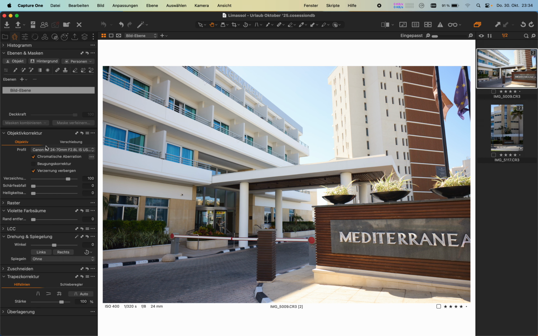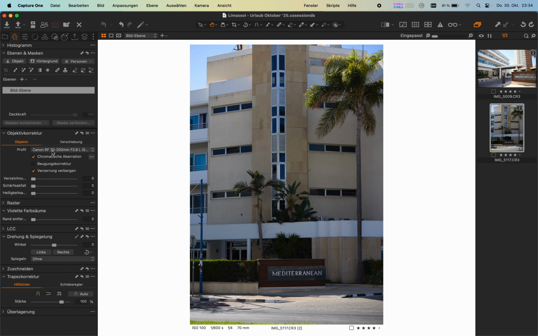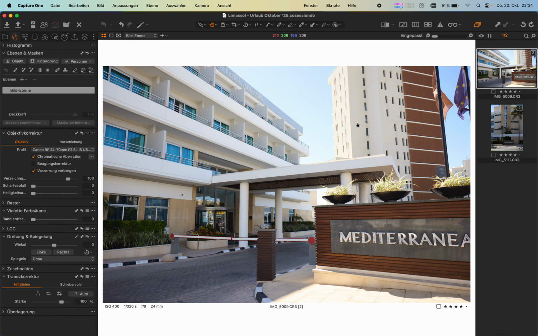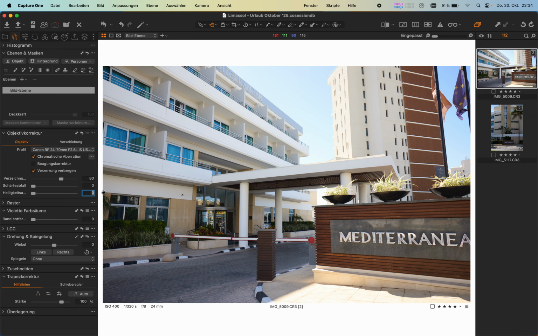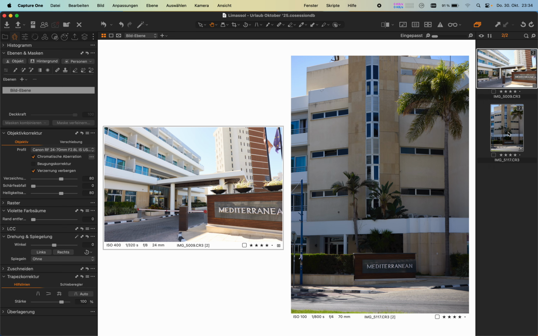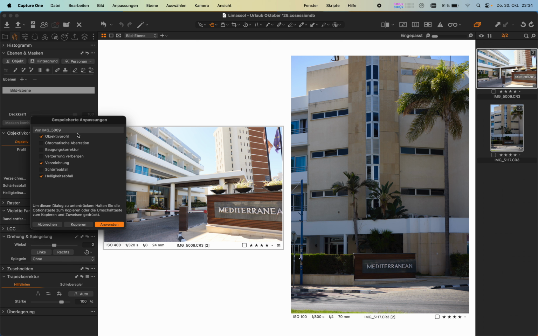The first one was taken with the Canon RF 24-70 and the second one with the RF 70-200, so two different zoom lenses. Usually when I import my images, I want to have them perfectly corrected, but for demonstration purposes I'm just going to set the distortion correction, and this one here is the light fall off correction, to 80. And basically I would now select all of my images, hit the double arrows, and this one is already